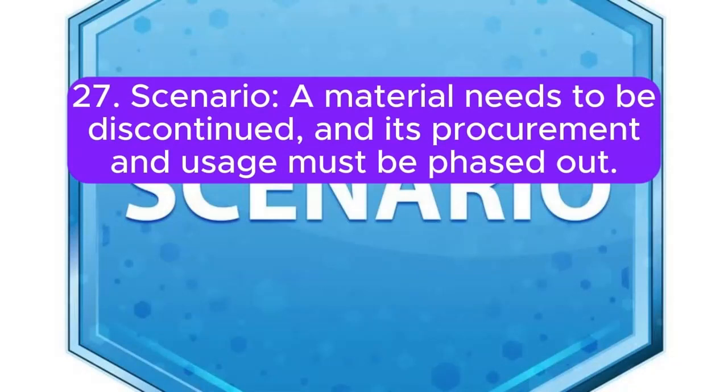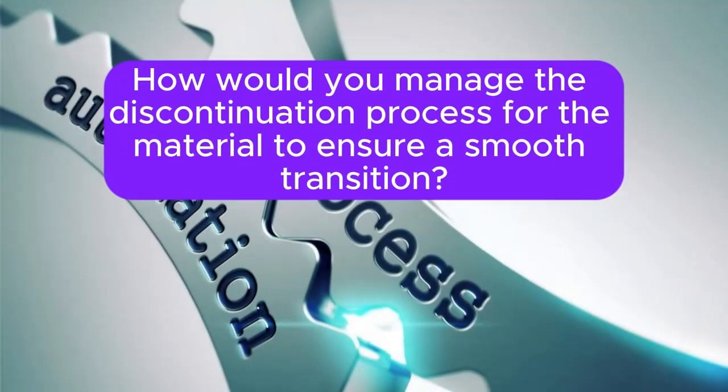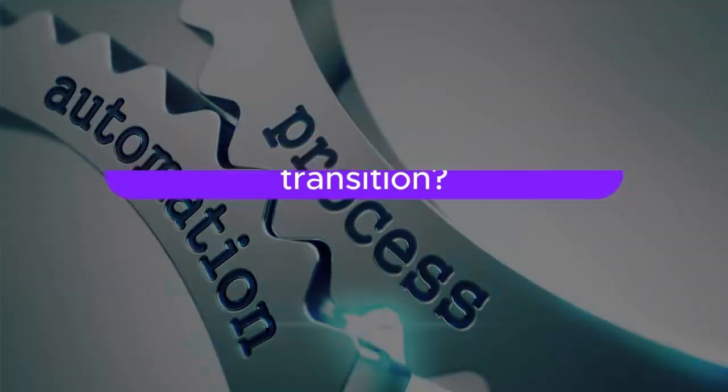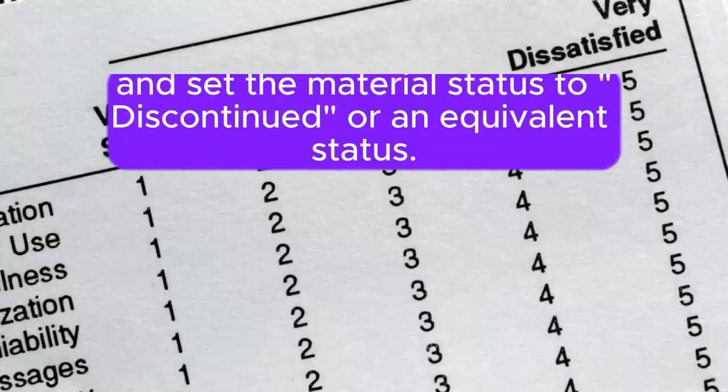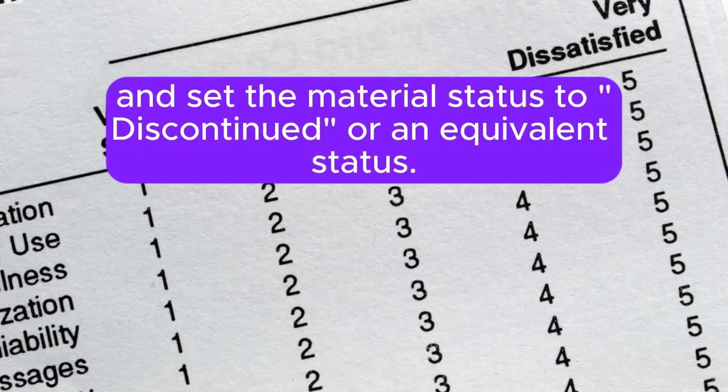27. Scenario: a material needs to be discontinued, and its procurement and usage must be phased out. How would you manage the discontinuation process for the material to ensure a smooth transition? Answer: I would use transaction MM02 to edit the material master record and set the material status to discontinued or